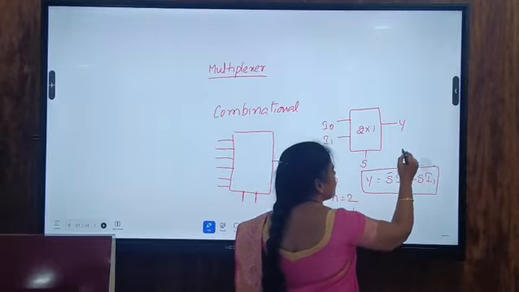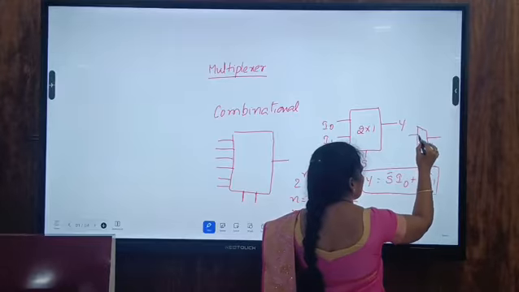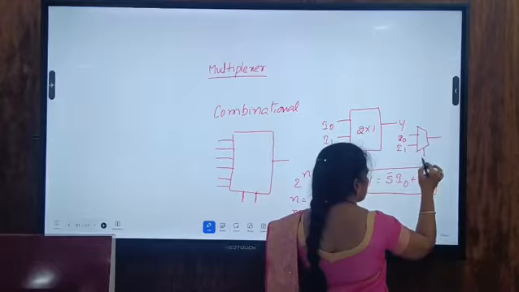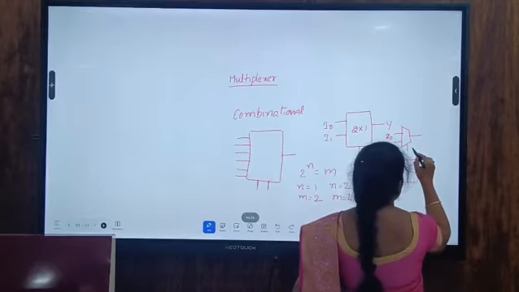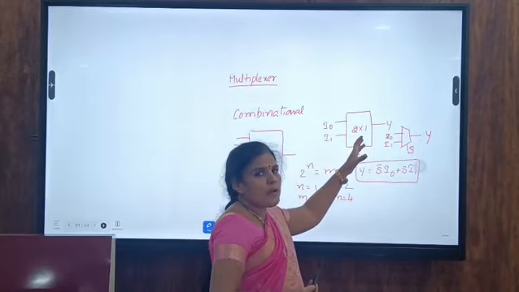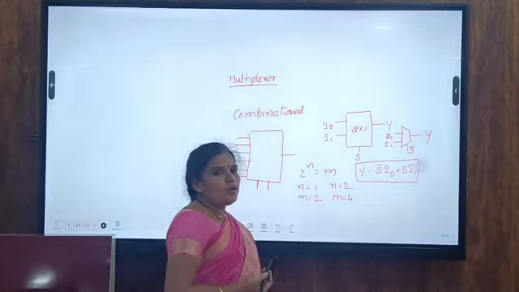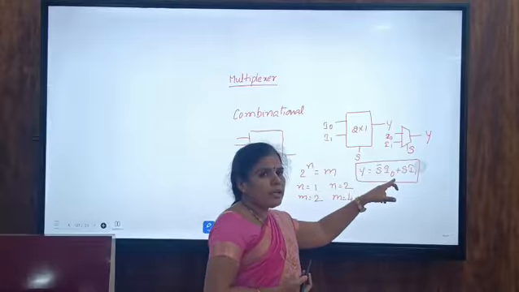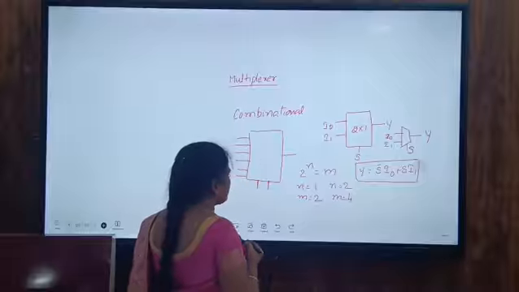This 2 by 1 mux can also be drawn in this manner. This is I0, I1, and this is the selection line, and this one is the output. So we can represent it in this manner or in this manner also. Both are the same. So this is for the 2 by 1 mux. In this case the expression is S bar I0 plus S into I1. Similarly for the 4 by 1 mux,